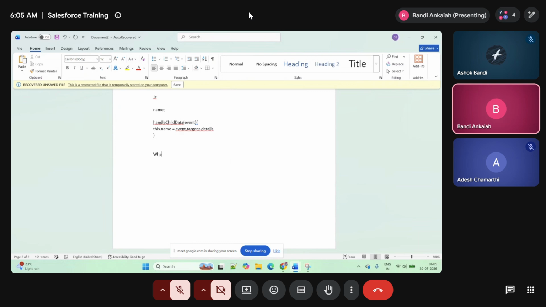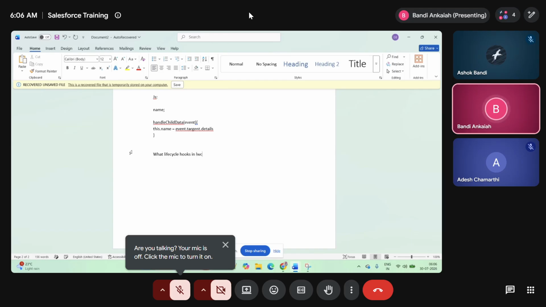So what is, explain about life cycle hooks? Okay, lifecycle hooks in LWC. Okay, so by default, when you create a component, initiating the component, at the time itself